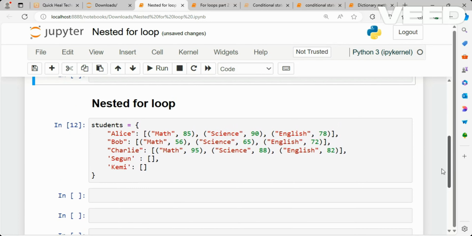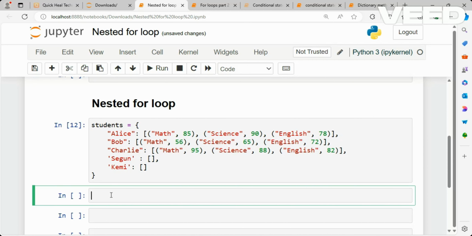Now let us look at nested for loop. Now we have students, this is a dictionary. We have students and we have their names and their score. Their score and their subjects are inside a dictionary, a list rather. Now, if I loop on this, if I say